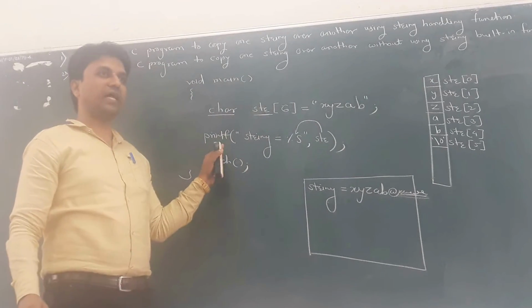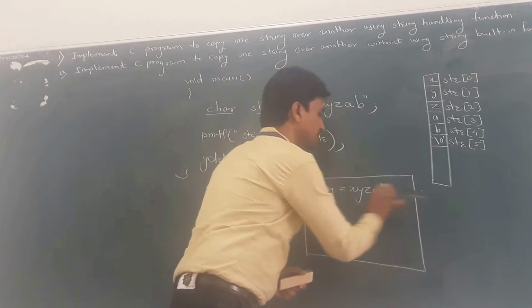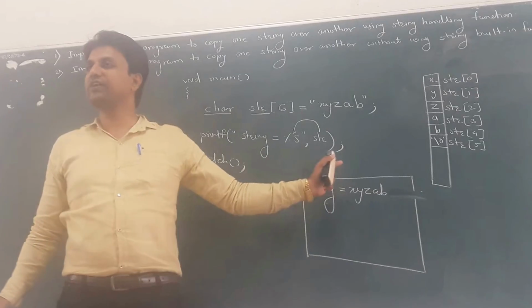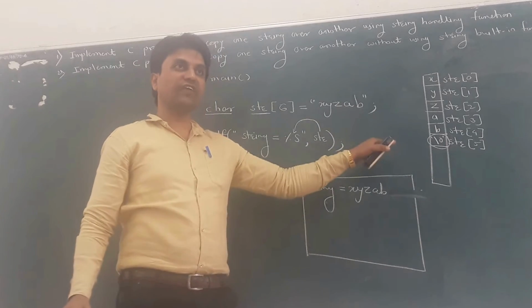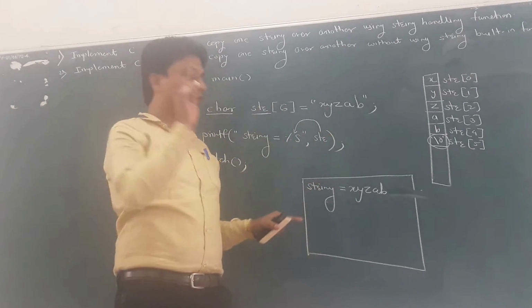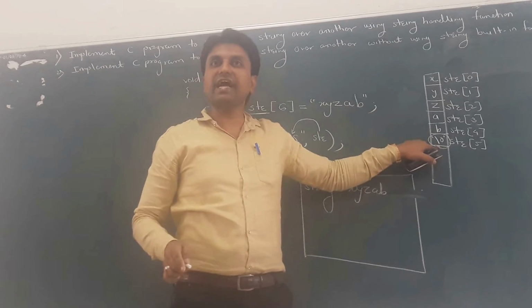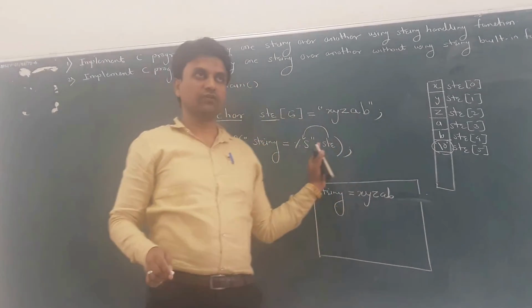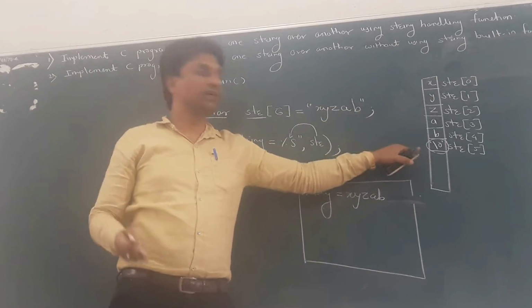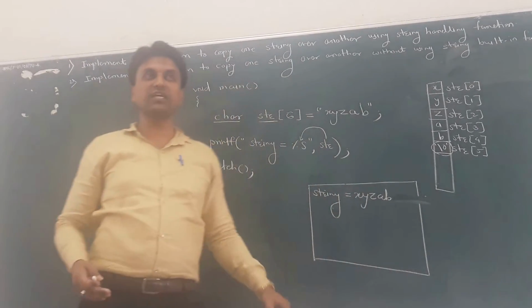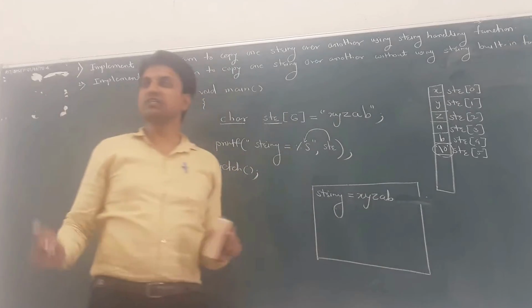If you compile and run the same program, what is the predicted output? String is equal to just x, y, z, a, b. Garbage value is not printed because \0, the end of the string, is specified at the end of the string. You don't write \0 here. The compiler automatically adds \0 itself, so there is no need to write \0 explicitly. Implicitly, automatically, the compiler adds \0 at the end of the string. Understood the meaning? So always one character is reserved for \0.